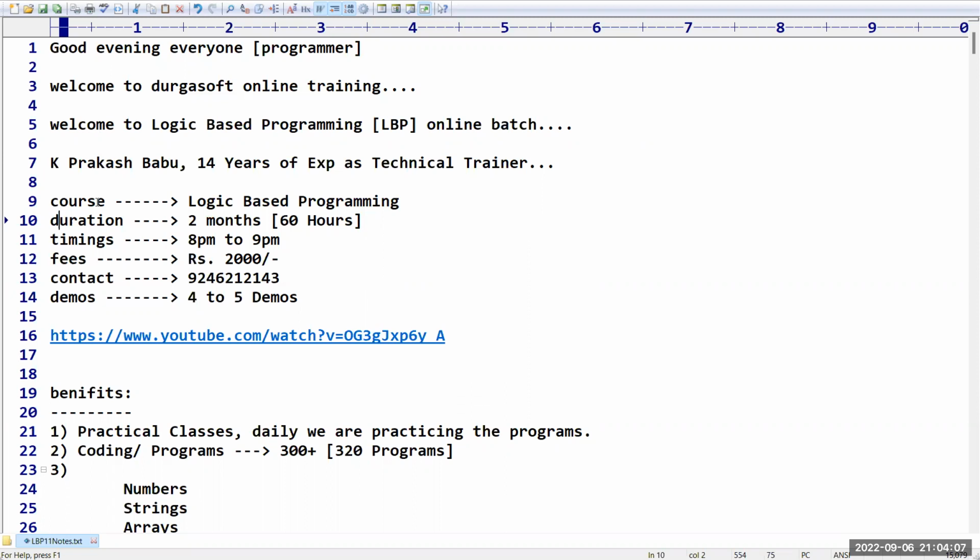There are some special concepts. Sometimes matrix programs, arrays introduction, similarity programs will be there. For continuation purposes, maybe I can take 1 hour, 1.5 hours, 2 hours like that, only on 1 or 2 classes.